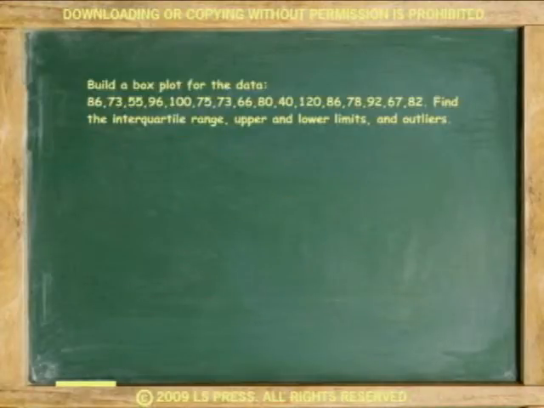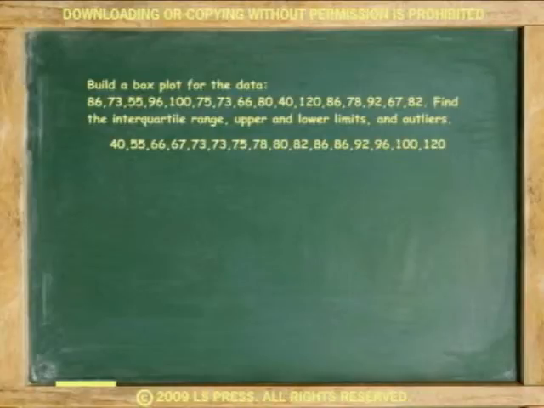For example, build a box plot for the data shown. Find the interquartile range, the upper and lower limits, and outliers. First, organize the data. Because there are 16 numbers, an even amount, the median must be after the 8th number, half of the numbers, but before the 9th number, in the middle of 78 and 80,